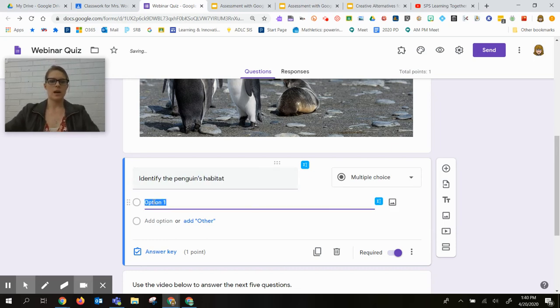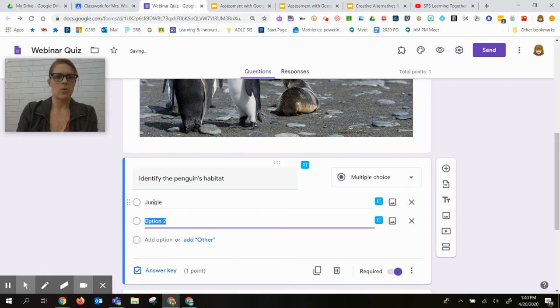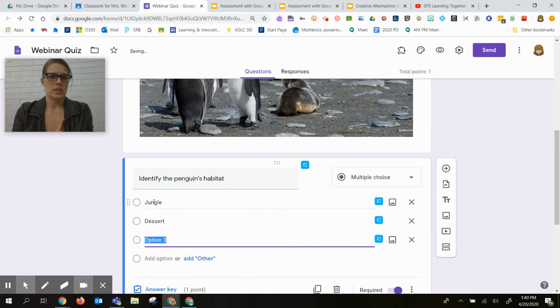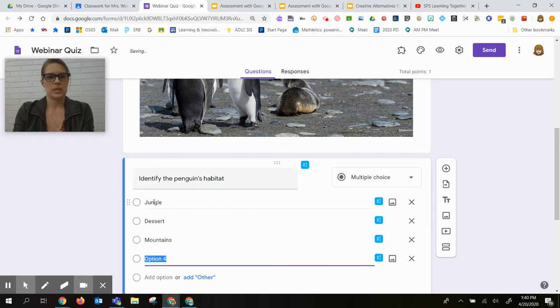Okay. And then I will just put in some responses. So this looks like the jungle. And to toggle to the next line, just use your arrow keys. So I just go up and down, and that's the easiest. So desert, this is mountain, and this is the